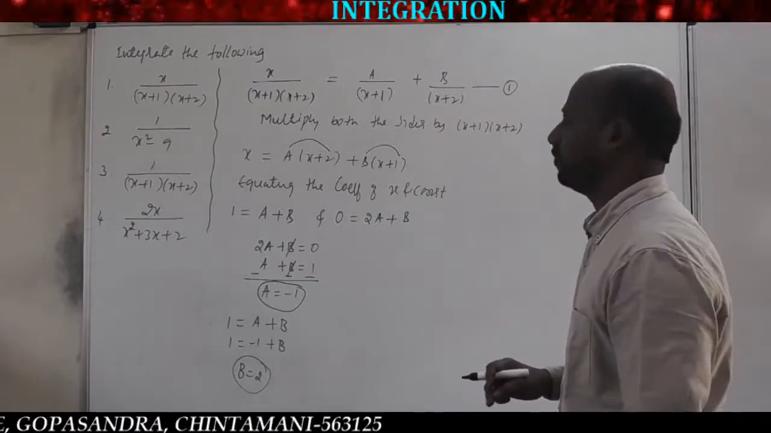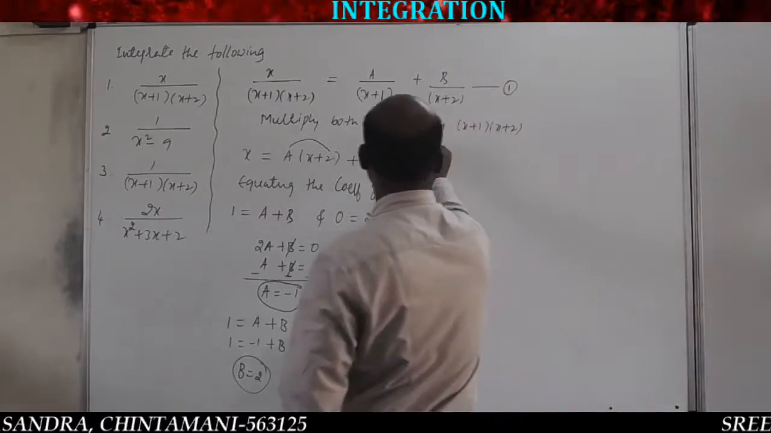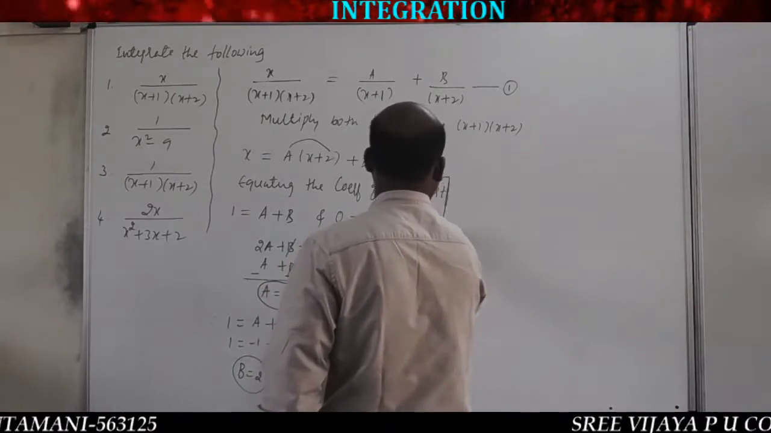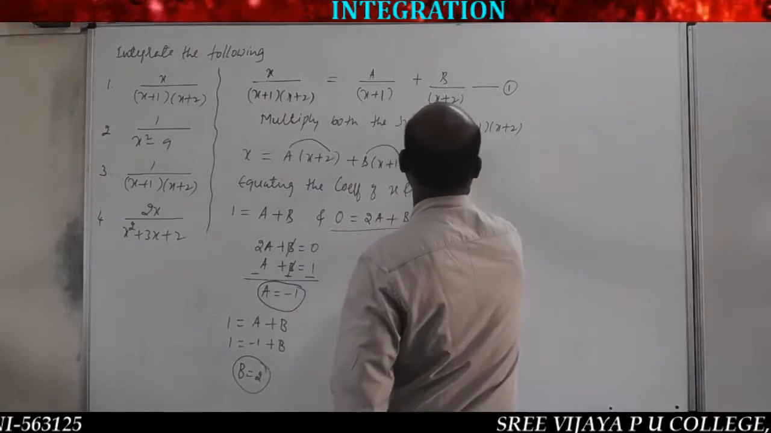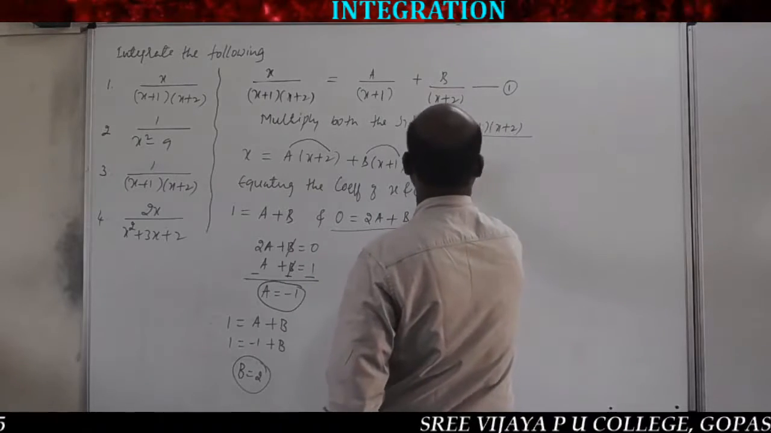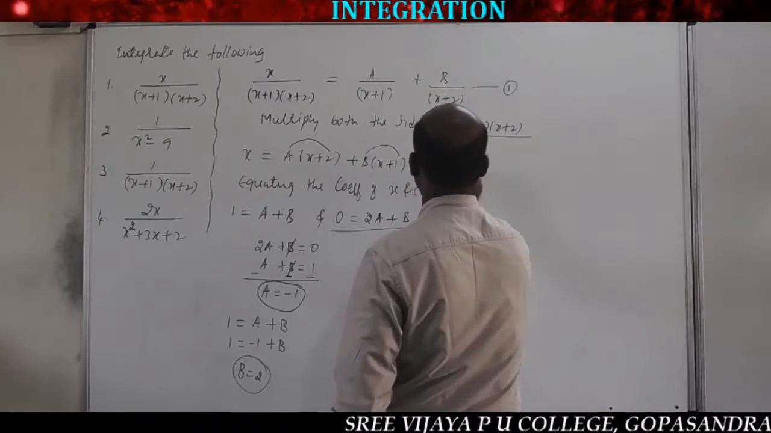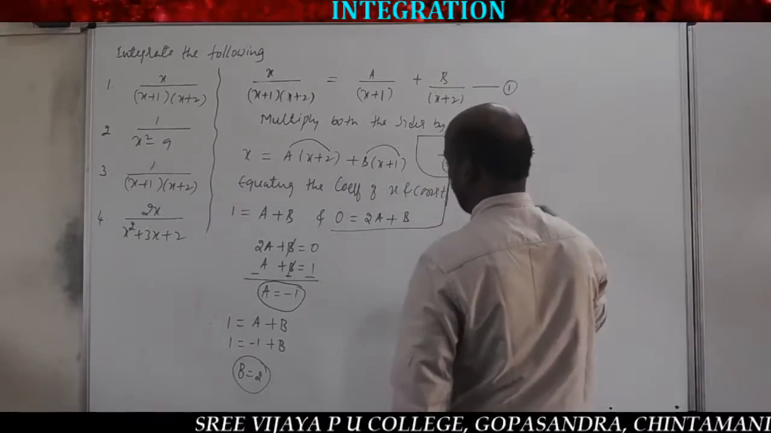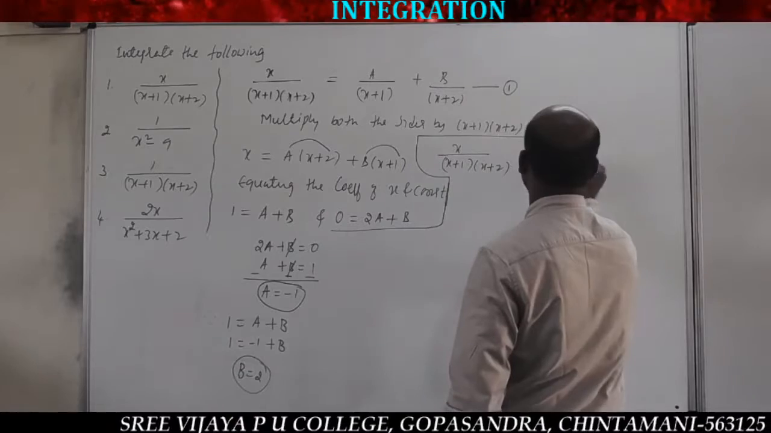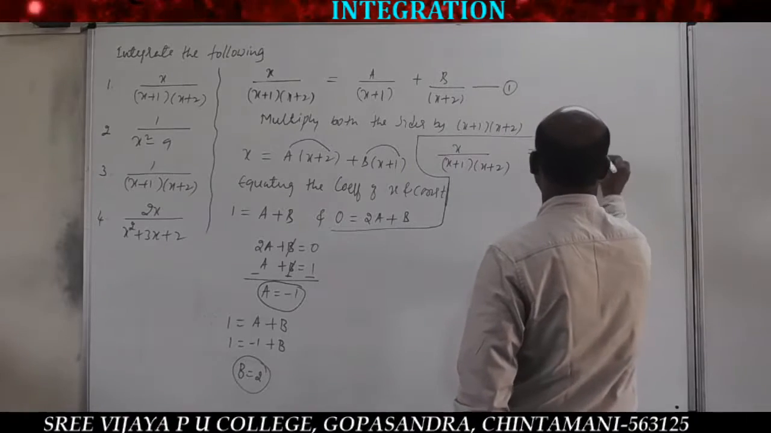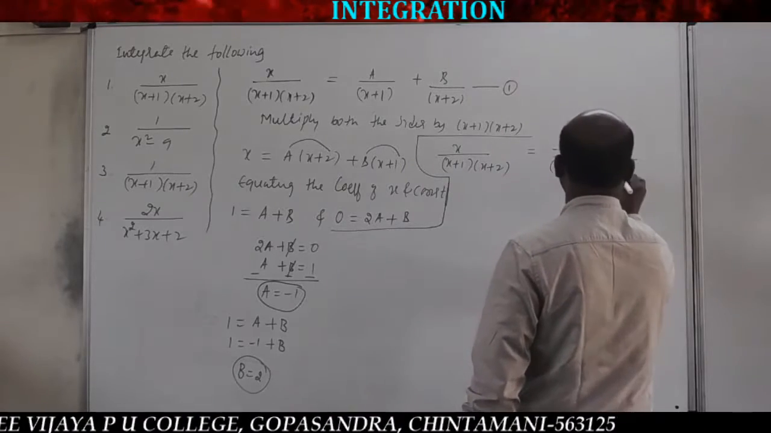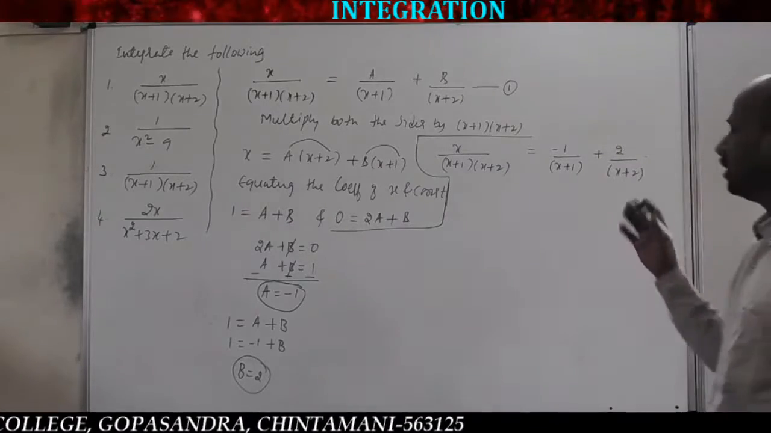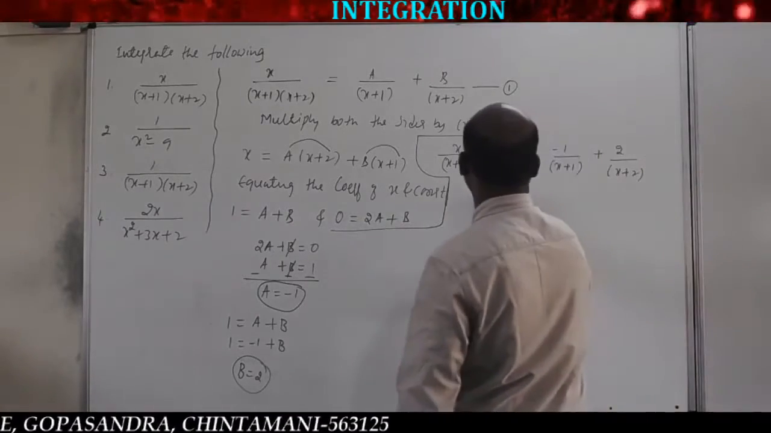Substitute the values of a and b in equation 1. x divided by (x plus 1) into (x plus 2) is equal to, the value of a is minus 1 upon x plus 1, and the value of b is 2 upon x plus 2. Now integrate on both the sides. On integrating,